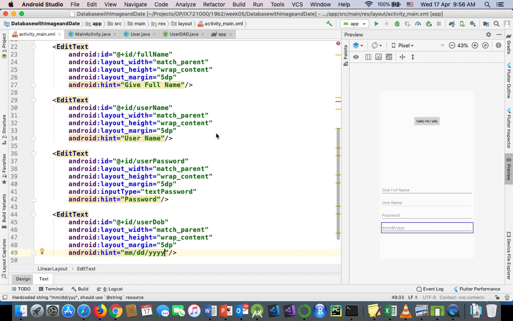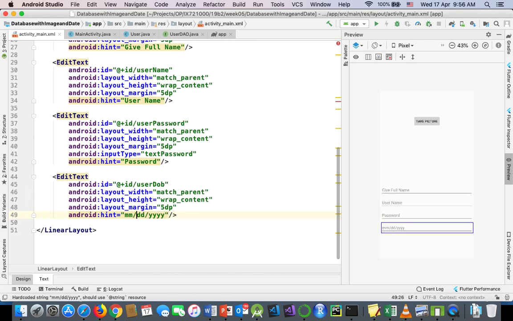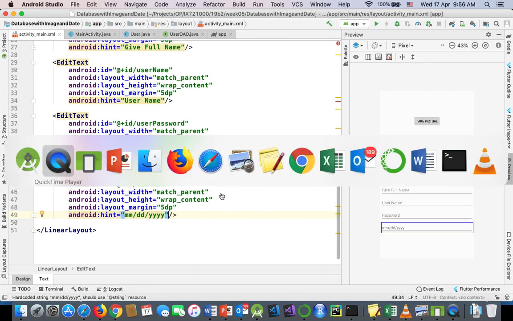So you have to provide the date of birth in this specific format. Okay, and where is our